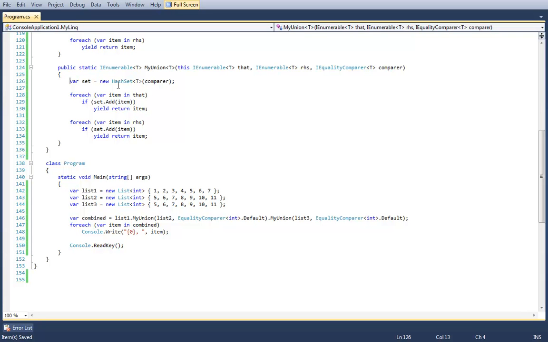But notice how I pass the equality comparer into my hash set. This is actually how LINQ implements these members. It passes the comparer to the hash set, or to whatever mechanism it uses. I've seen Jon Skeet's code on his implementation of union, but I've never actually decompiled the true source of this. I'm sure it uses a hash set or something similar. Regardless, it uses the comparer to determine if two things are equal, which you might ask, why should that matter?